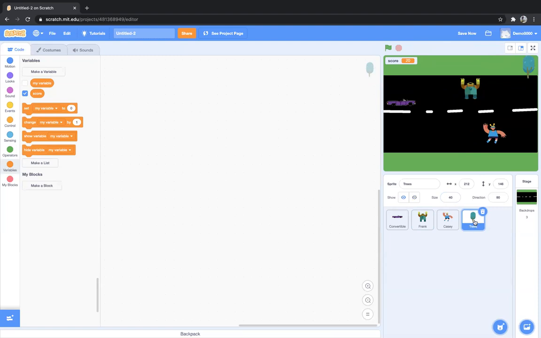Now, if you want multiple trees here, just click on this tree sprite, right click here and click on duplicate. So we have multiple sprites. In the same way, you could just duplicate any number of times. Again, click on this sprite, right click and duplicate. So we have duplicate trees here. In the same way, you could duplicate any sprites and place them here. Let's take one more tree, click on duplicate and let's place it here. Now you could add multiple elements to your game in the same way.